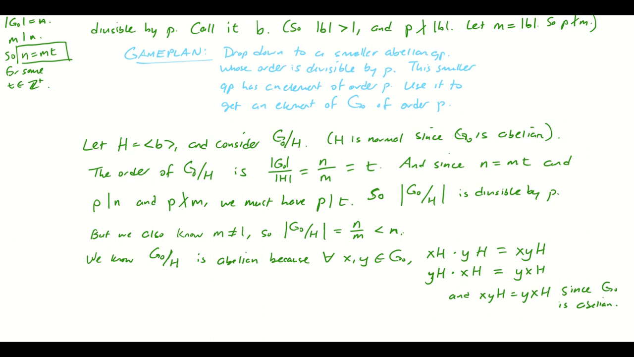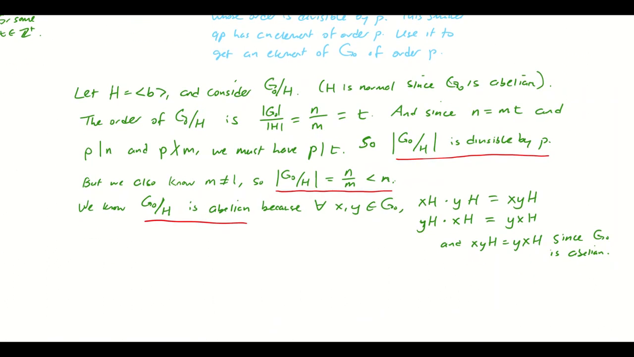Its order is smaller than n, but its order is still divisible by p. Those are three key facts. I'm going to just underline each of those. So this is abelian, order is smaller than n, and order is divisible by p. That means that since G naught was our minimal criminal, which is actually a phrase we use in mathematics a lot, it's the minimal criminal, this means